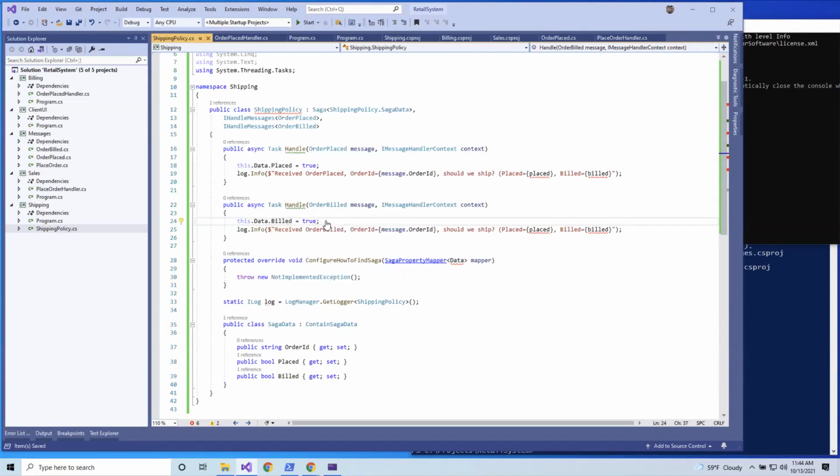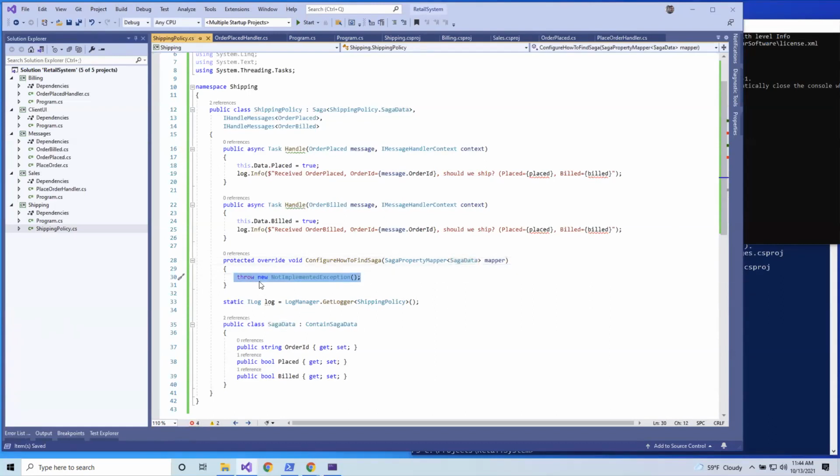Now, the thing you don't have to do is set the order ID because we're going to use this method to identify the order ID as our correlation property. So you're going to have a message come in with an order ID on it, and we're going to know that that's how you look up your Saga data. So NServiceBus will set that property for you. So you don't actually have to do that. So now let's look at the mapping down here